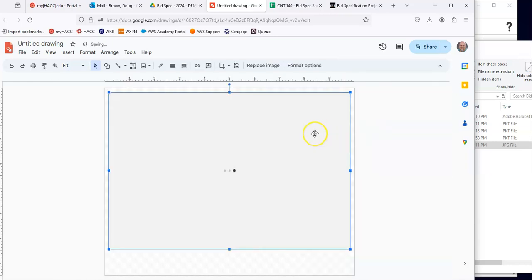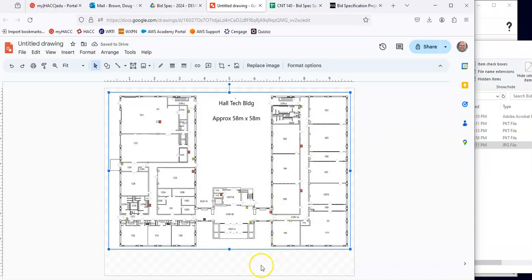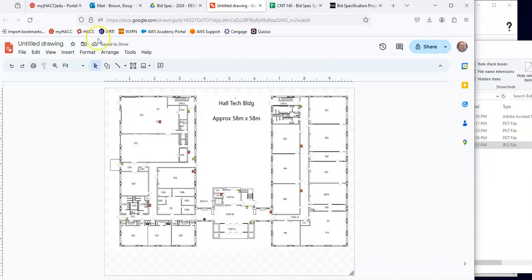There it is, and that'll load it right in there for me. And now I'm going to be able to draw right on top of this. So I will give this guy a name here, CNT140, and I'll call this my BidSpec map. I'll just call it that. Now what I can do is draw right on top of here and mark things like my closets